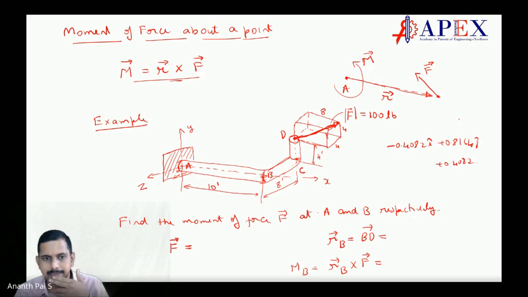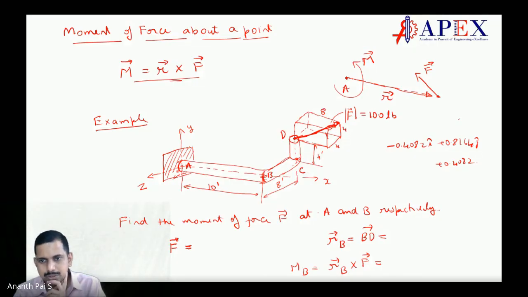No, I took it as -4i plus 8j plus 4k, sir. -4i, where you have... correct. I have taken it there itself. So if I use these coordinates, I will get it as